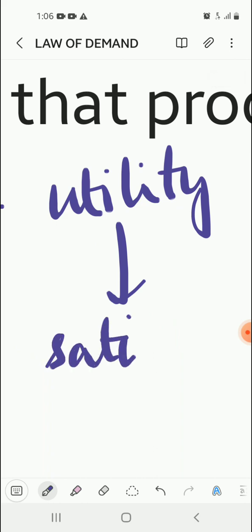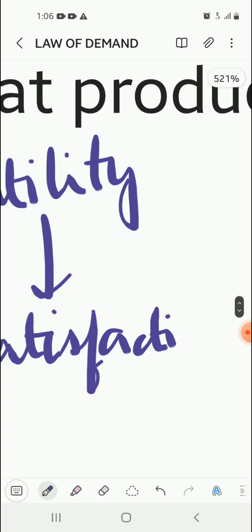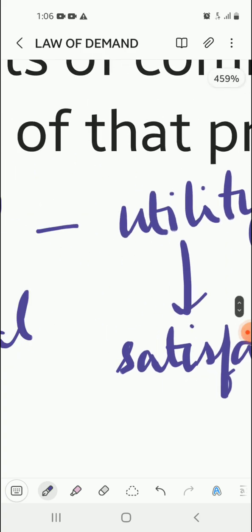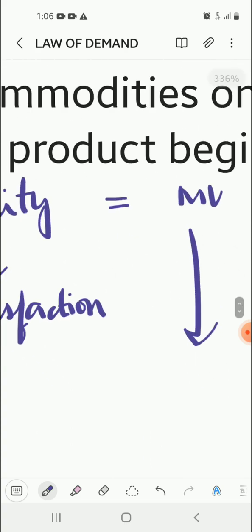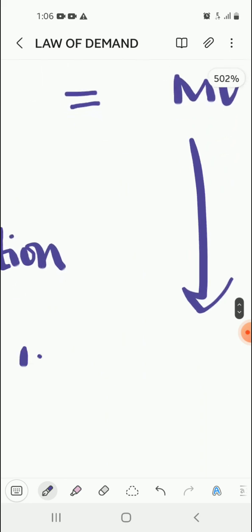That is, the satisfaction that we derive is termed as utility. Now marginal and utility together, that is marginal utility, is defined as the additional satisfaction